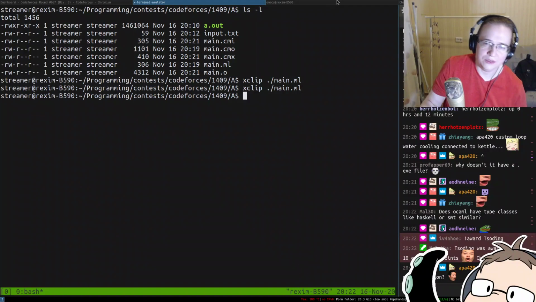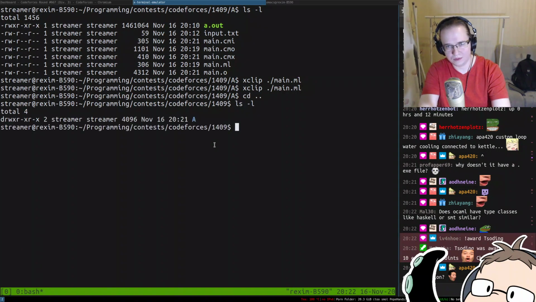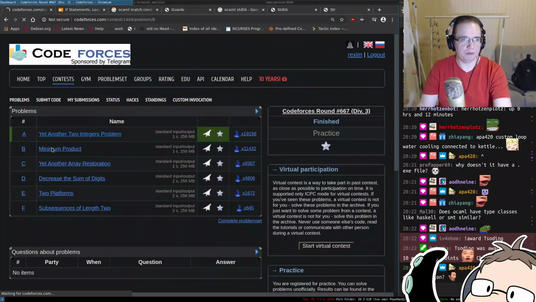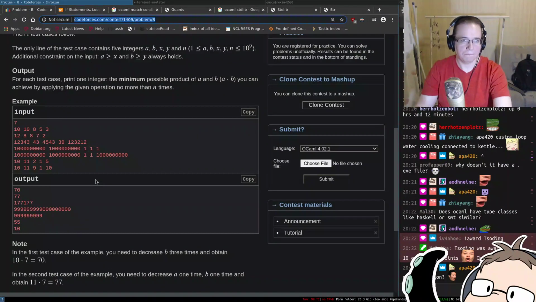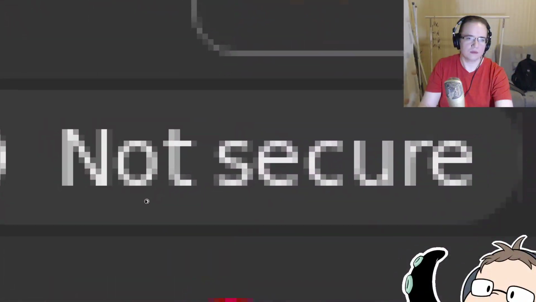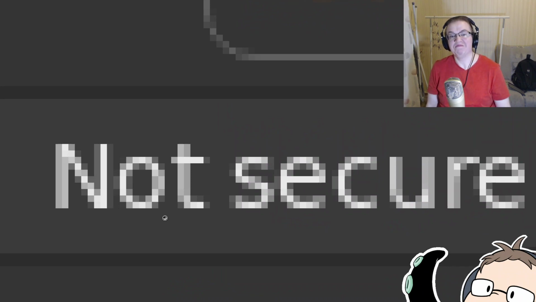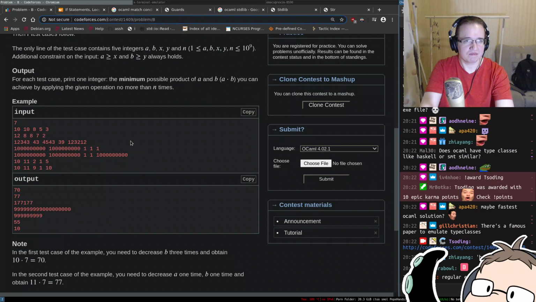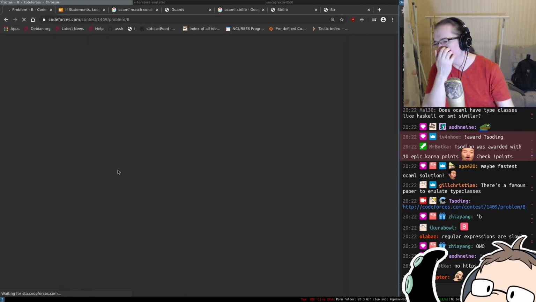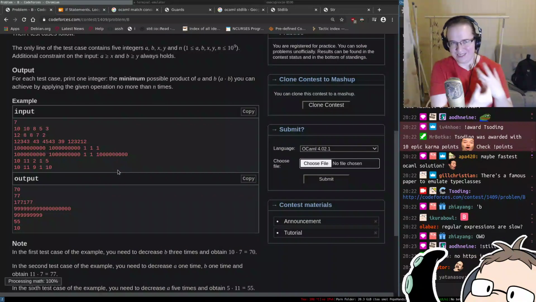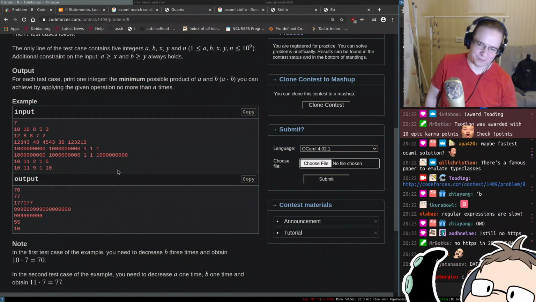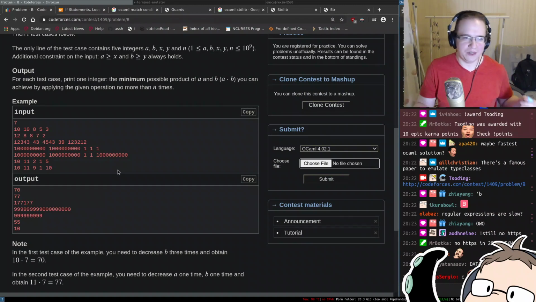Okay, so this one is done. Let's move on to the next one. It's gonna be B. Minimum product. Right. Minimum viable product. The fuck? Oh, that's better now. So it does not automatically redirect to HTTPS. It is capable of HTTPS, but it does not automatically redirect there. Cool. Cool. Competitive programmers, by the way. Anyway, so